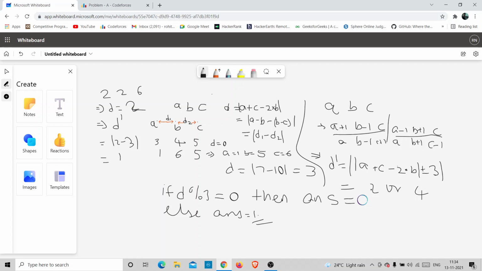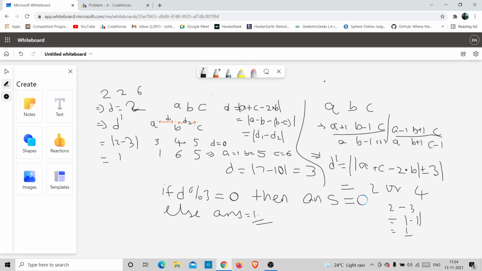Since this is the least of it, if we take 2 minus 3 again, that gives us minus 1, but if we take the absolute value of it, we get 1. So if any of the D values we get by performing an operation is 2, we would eventually come to 1. So if D is equal to 1, it would still be 1. That is the minimum that we could get.